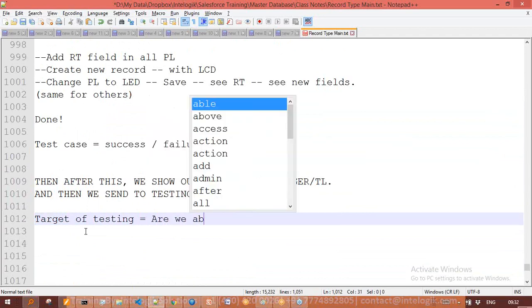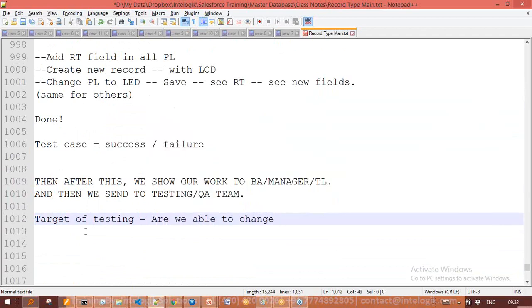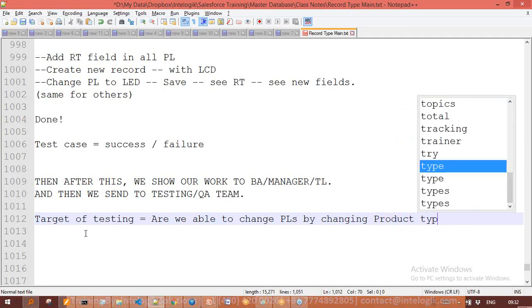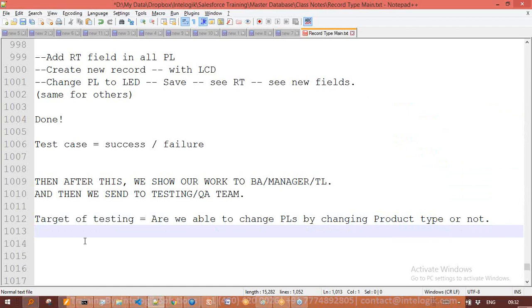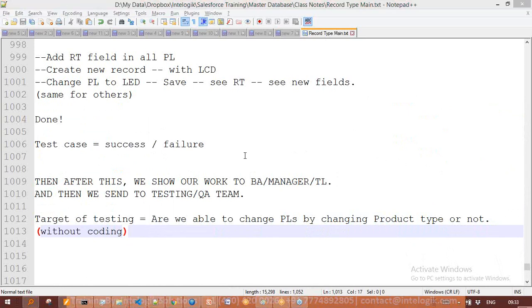are we able to change page layouts by changing the product type or not? That's it. And please note, also without coding. So please proceed for the testing, and those people who completed everything, only they go for the testing. Remaining people, fine, you can work on the remaining part, but please note 1 hour